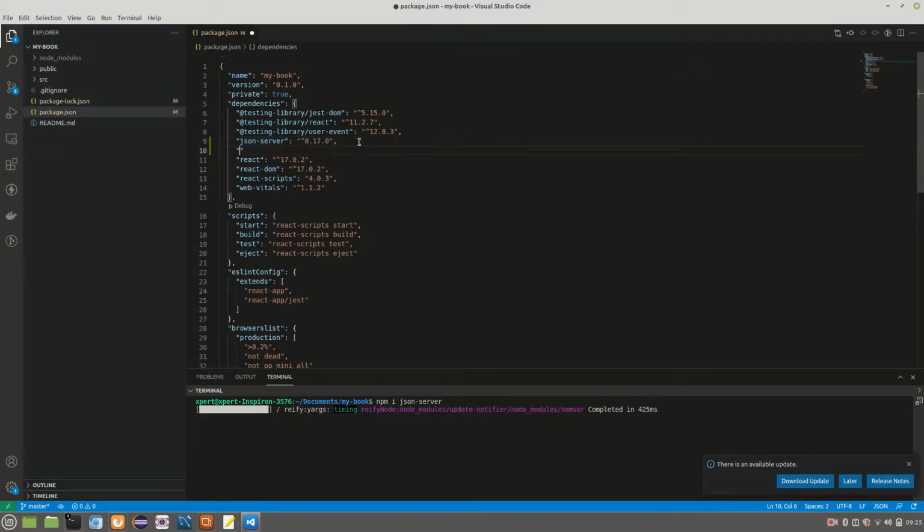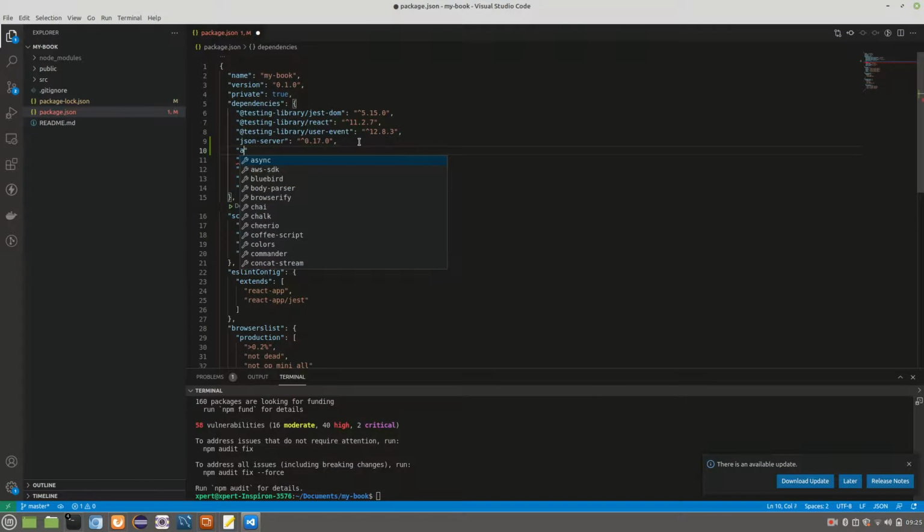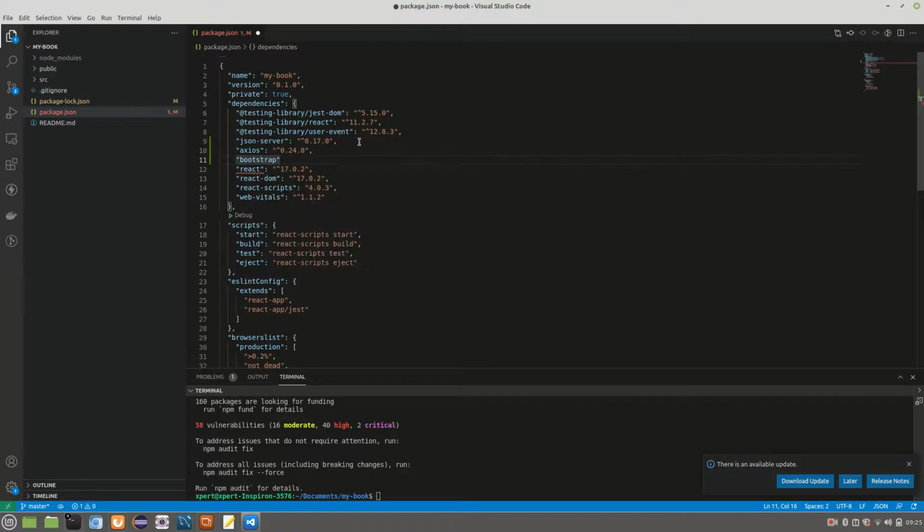Along with JSON server, we also need one more package called Axios. Axios is a promise-based HTTP client used for the browser and Node.js. We'll use this for making our create, read, update and delete operations. Axios we need, and anything which is above 0.24.0, and we would also need Bootstrap just to make our app look better. I would ask for anything which is 4.6.1,